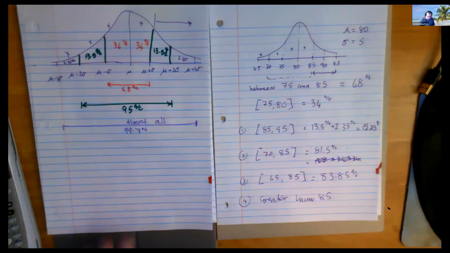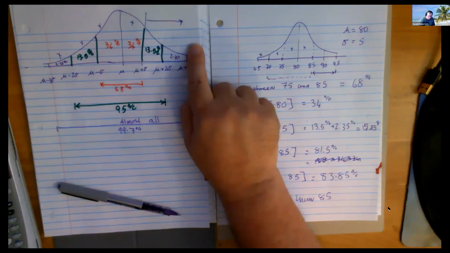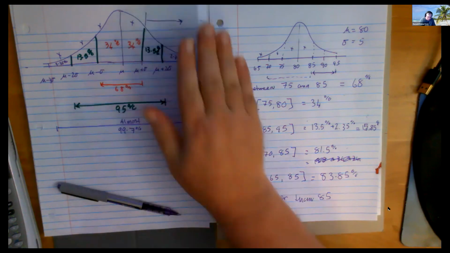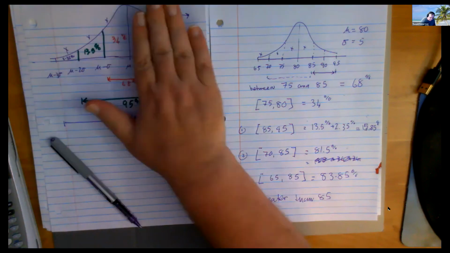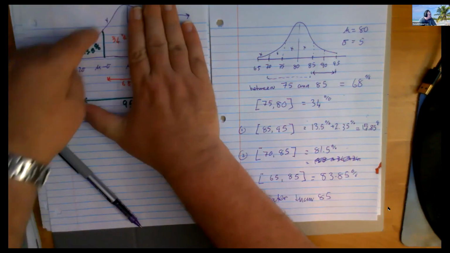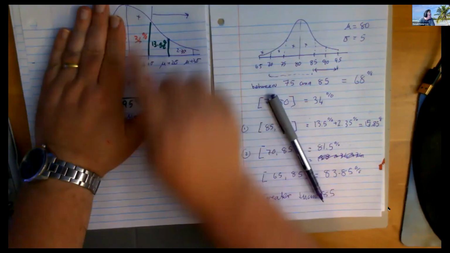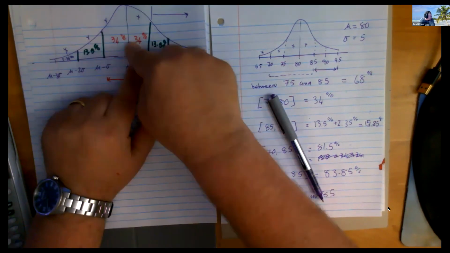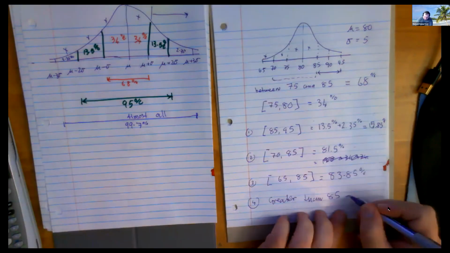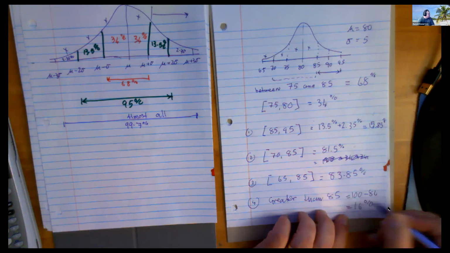So if I want to know greater than 85, now greater than 85 basically means everybody over there. And darn it, I've gone and wasted my picture, but never mind, right? Everybody over there. Wouldn't it be a better idea to do this in a totally different way? Isn't that half the curve? Isn't that 50%? Isn't that piece another 34? Doesn't that add up then to 84? Don't I want 100 take away 84? Won't the answer to that one be 16%?